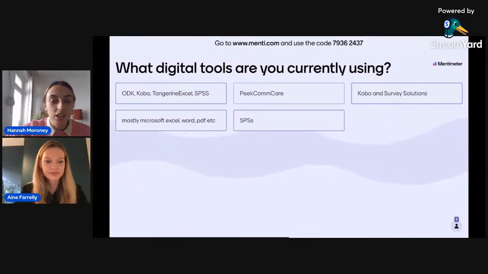But actually, with many digital tools, you can import from something like Excel, or you can even, with TolaData, which Anya will be showing you soon, connect via an API to other tools that you're using, like KoBoToolbox, for example, and automatically have that data in there.